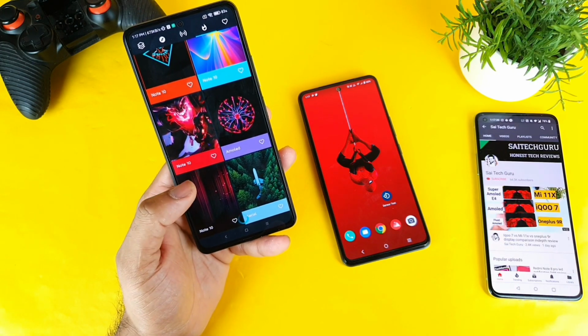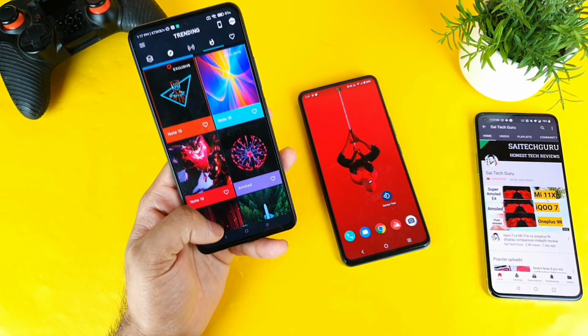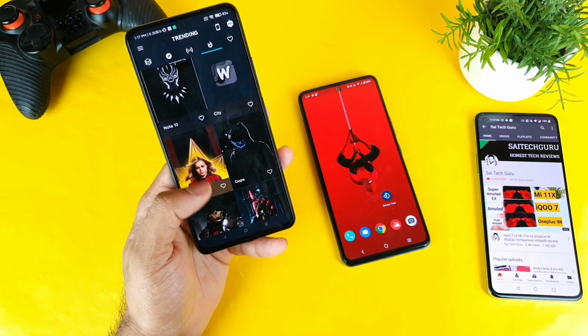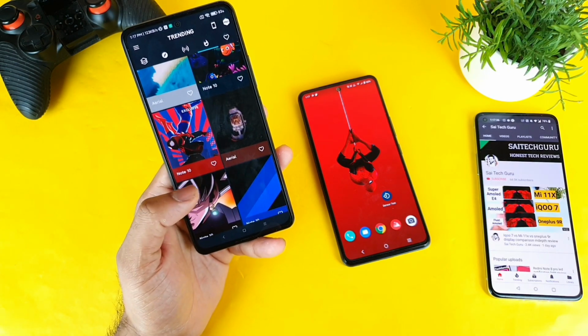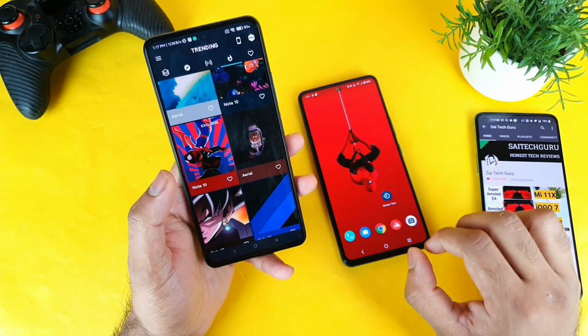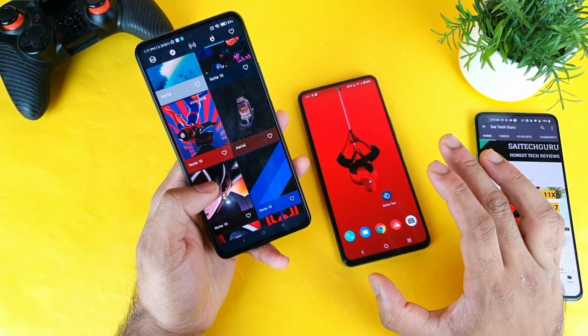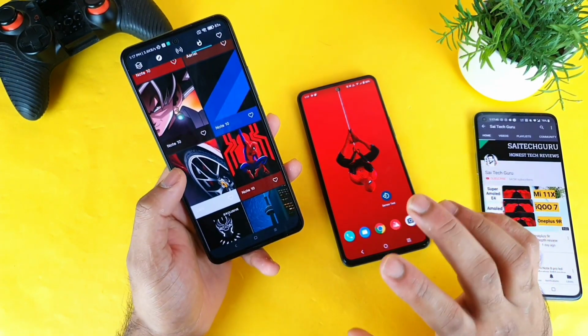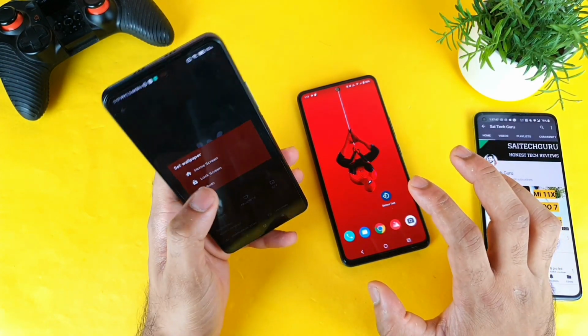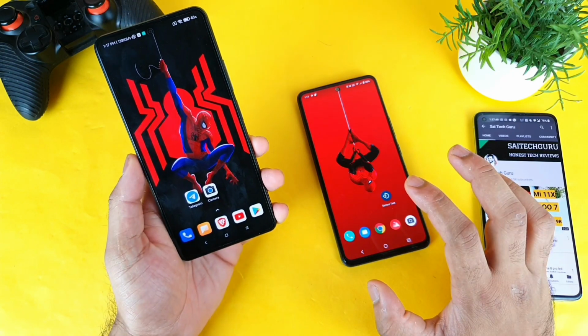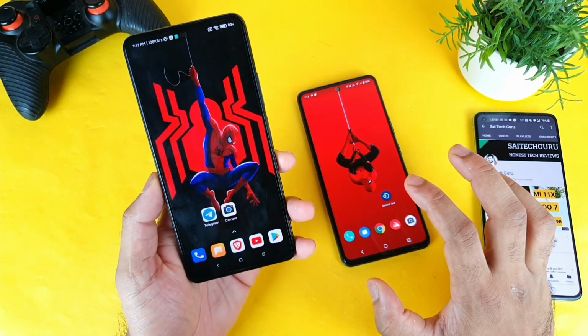Some wallpapers may not support the punch hole type. Some wallpapers are designed for the punch hole, but definitely you can see there are so many wallpapers. These punch hole type camera wallpapers are increasing day by day and every week as well. The developer is also really good in terms of providing amazing wallpapers and updating the application every time. That's another good thing, friends. Here, as you can see, it looks really amazing on my phone.